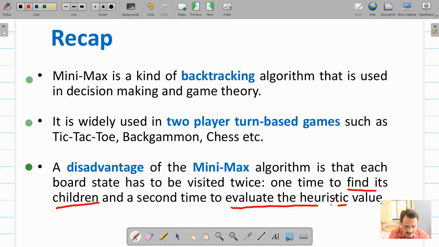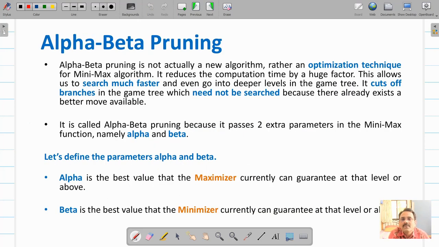So therefore the algorithm is slow, and an optimized version of this algorithm was proposed afterwards, and that is called the alpha beta cutoff algorithm. This alpha beta cutoff algorithm can go into deeper levels of the game tree because it is an efficient version of the minimax algorithm in a way that it prunes the branches which you do not have to search.